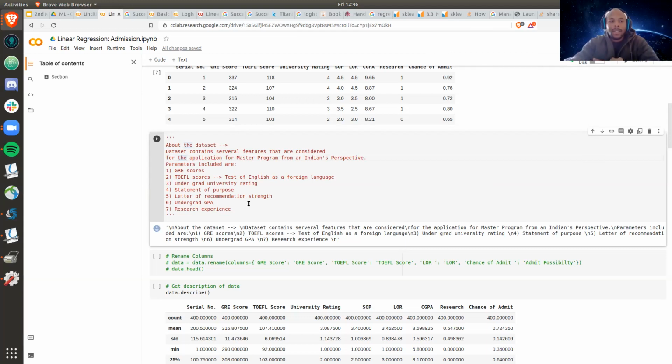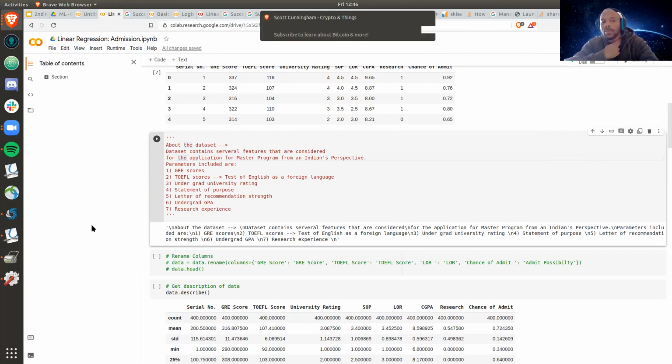Okay, gotcha. The data we're using is the GRE scores, and we're using admissions. We're predicting the chances of being accepted if you were to apply for a master's program at a university, so what are the criteria for you being accepted into it.